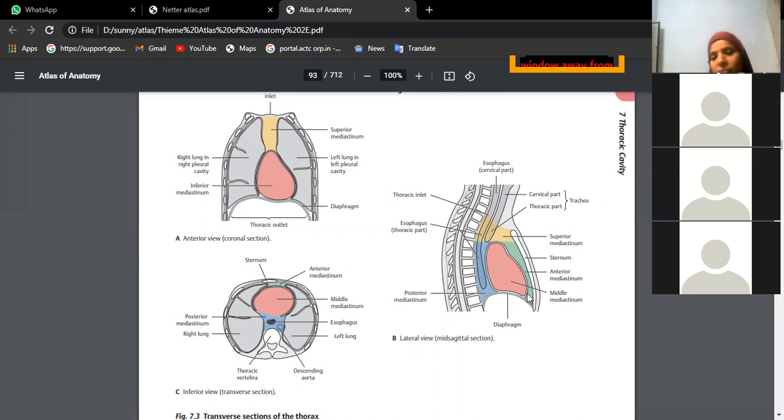Anterior mediastinum will not have anything, only loose areolar tissue and sternopericardial ligaments. Middle mediastinum will have the heart enclosed in pericardium. Superior mediastinum will contain great vessels coming from the heart. That means you have the ascending aorta, and all the structures coming from the arch of aorta, the superior vena cava, vagus nerve, all those structures you see entering from the neck to the thorax. They are included in the superior mediastinum. Okay,